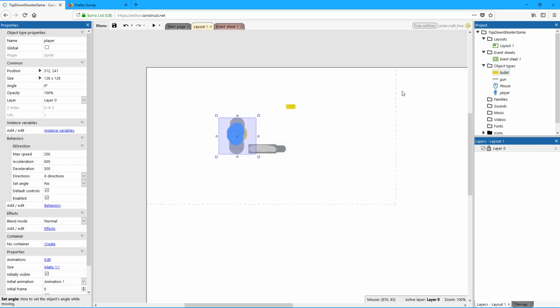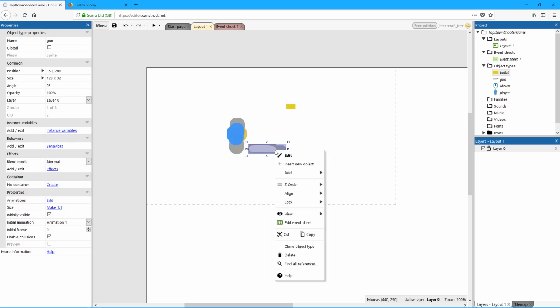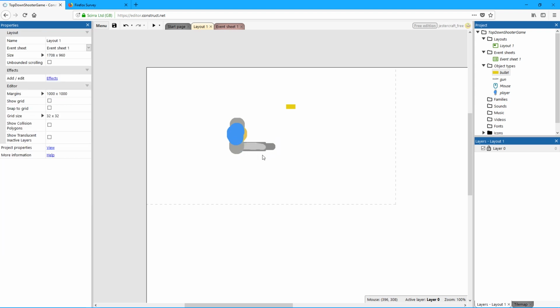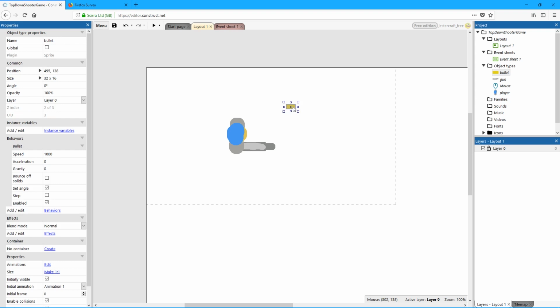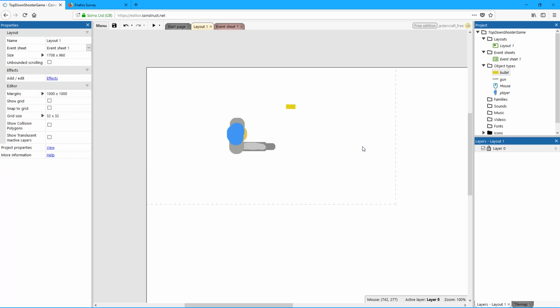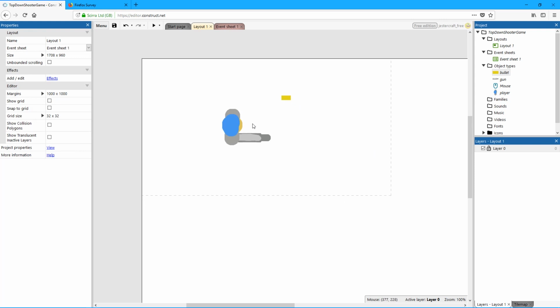But let's close the window and choose our gun, and right click on that, and press the Z order, and send to bottom of the layer, and we can move that on the right position to see that yeah, it's working smoothly. And let's choose our bullet, right click on that, Z orders, sorry, and send to bottom of layer. All right, cool. So now we have a movement, but we cannot rotate our character in any way right now,